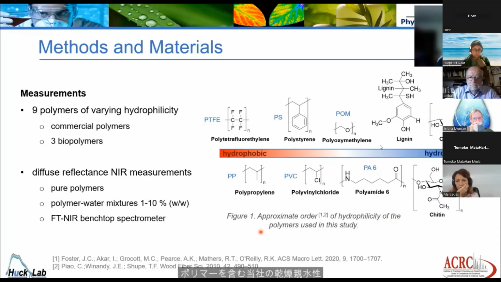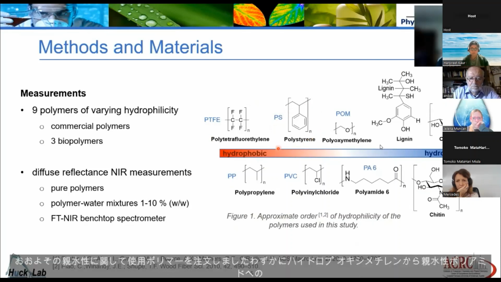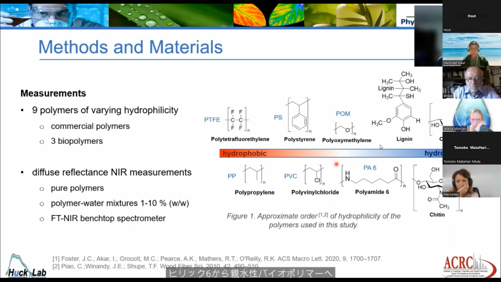In this figure, we ordered the used polymers regarding their approximate hydrophilicity, beginning with the most hydrophobic polytetrafluoroethylene, to the hydrophobic polypropylene, to the slightly hydrophobic polystyrene and polyvinylchloride, to the slightly hydrophilic polyoxymethylene, to the hydrophilic polyamide 6, and to the hydrophilic biopolymers lignin, chitin, and the most hydrophilic polymer in this study, cellulose, but still